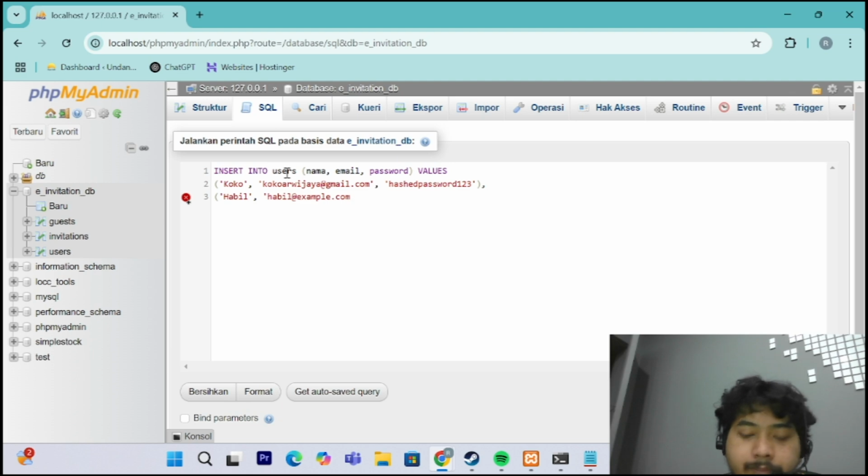Then the hashed password, password456. Okay, here I have added to user their name, their email, and their password. That is Coco and Habil.